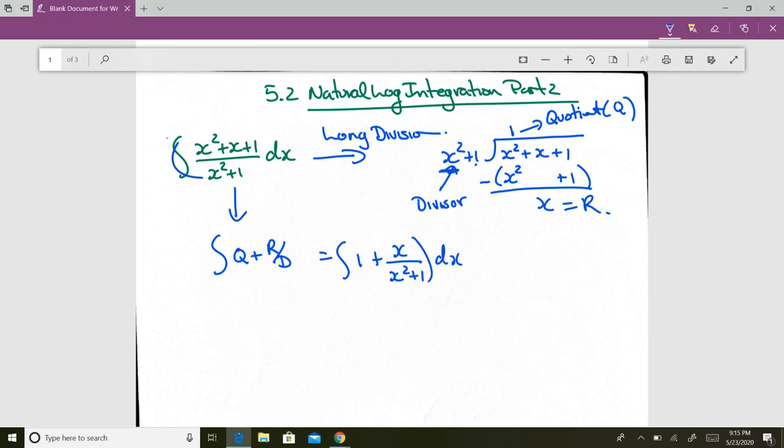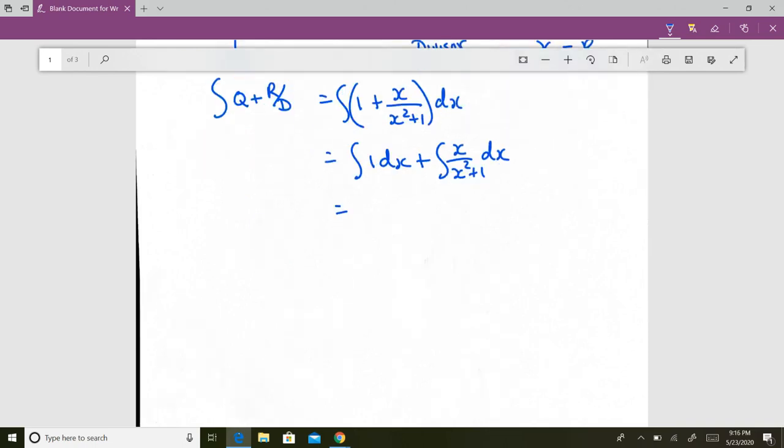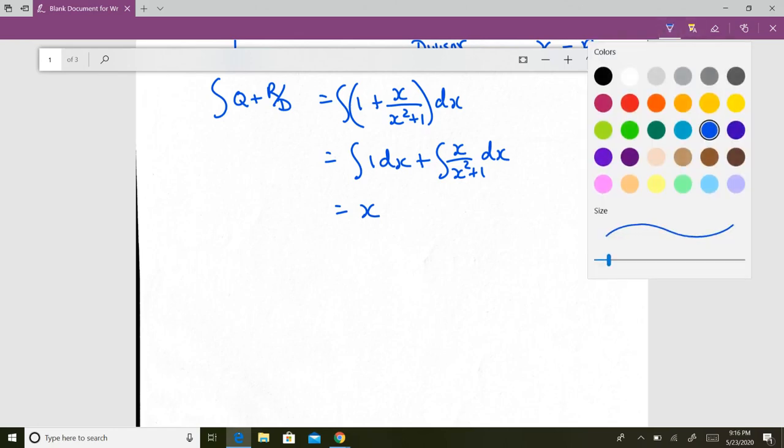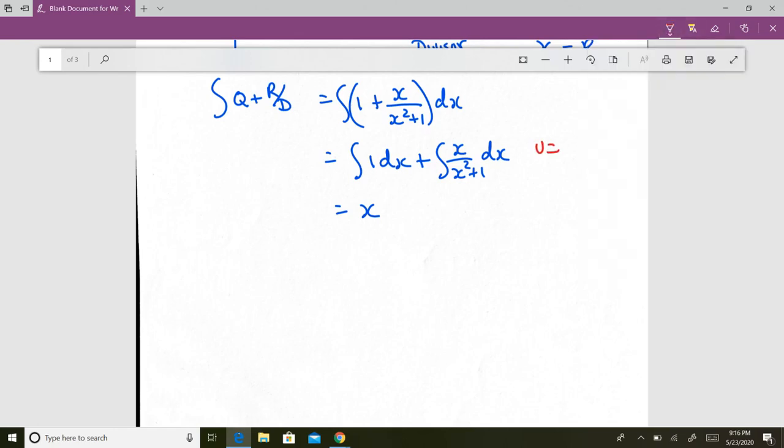I guess I should have a dx here. Well, you have an addition sign, so we can break them up. So it's 1 dx plus the integral of x over x squared plus 1 dx. Hopefully, that integral of 1 would just be x. Second bit here, we're going to have to do a u substitution. In this case, it's pretty straightforward because the bottom is degree 2, the top is degree 1. So when I take the derivative of the bottom, I get 2x dx. I divide off the 2,